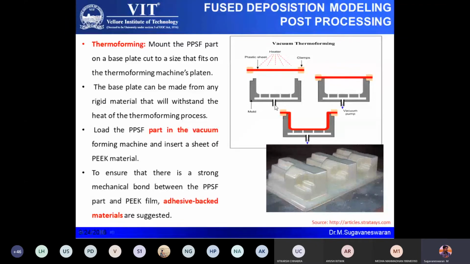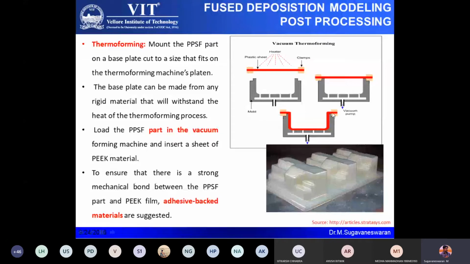So when you put a heated sheet onto the part and apply a vacuum, it will suck the air, and the sheet also will get deformed because it is very flexible in nature. Already it is heated, so as it is very flexible and you are applying pressure in the opposite direction, the sheet will form the profile of the FDM component.